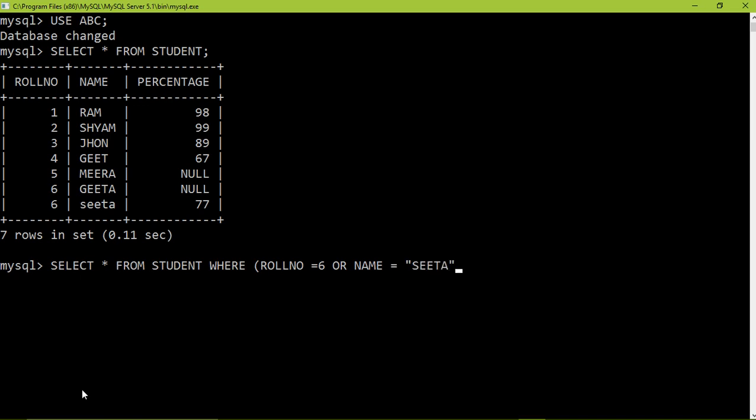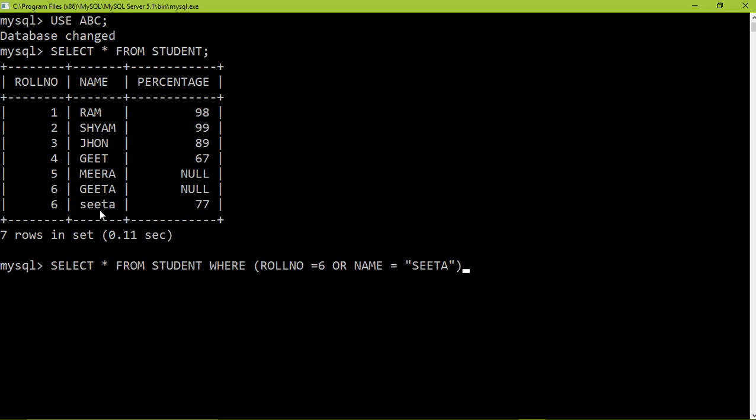So what will be the outcome of this query? Outcome should be roll number 6 and the name should be Sita. Otherwise roll number 6 we can get output for Geeta also, so we will get two answers here. Actually, either this is satisfied or this is satisfied. In this case, roll number 6 is assigned to two students.